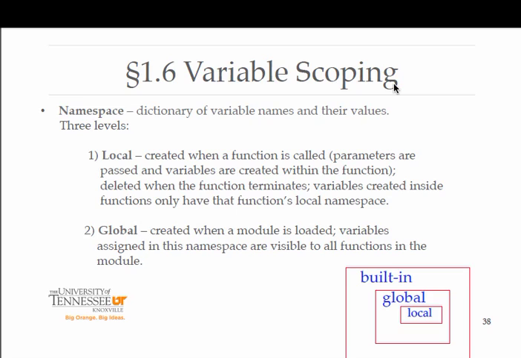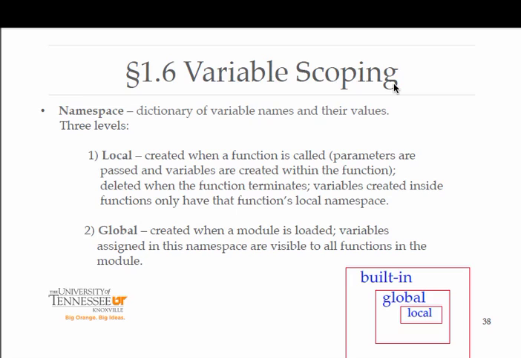There are three. The first is what we call the local namespace. It's created when a function is called, parameters are passed, and variables are created within the function. So when you create a function, those parameters and any variables that you create inside that function are part of the local namespace. Those variables and the associated memory are deleted when the function terminates, and variables created inside the function only exist in that function's local namespace. So anything you've declared or used inside that function is not available to any other function,